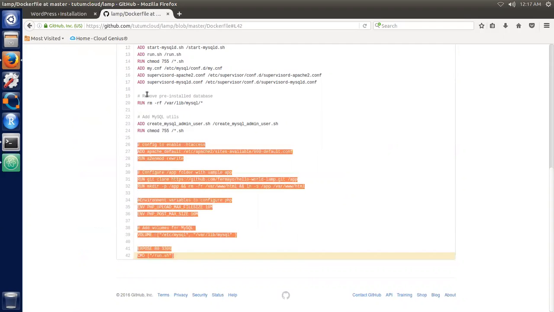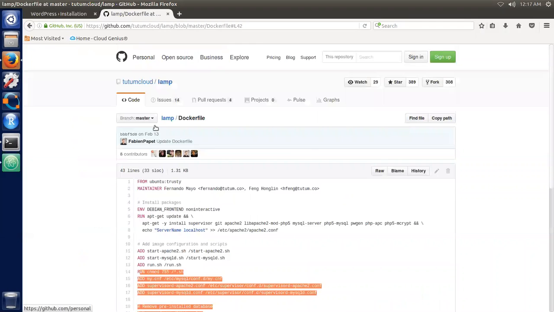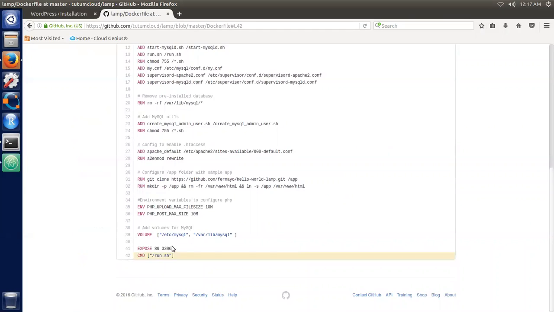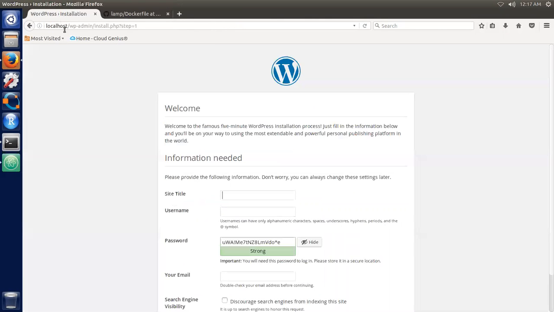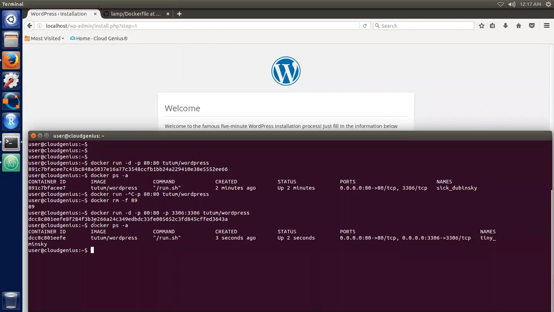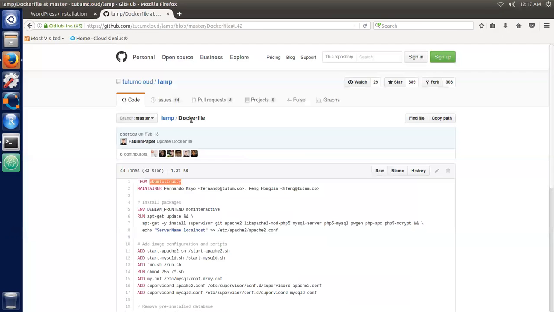And these construct a WordPress stack for us based on beginning from Ubuntu Trusty. That's where it begins. And it constructs a complete stack running WordPress. That's what you see when you run that stack, that looks like this when it runs, when you execute this one-line command. So under the hood, we are essentially looking at a file called Dockerfile that builds